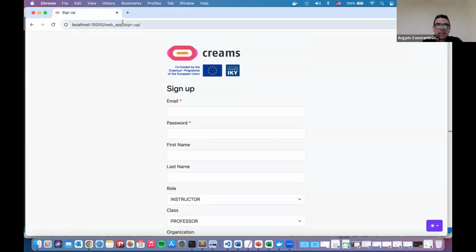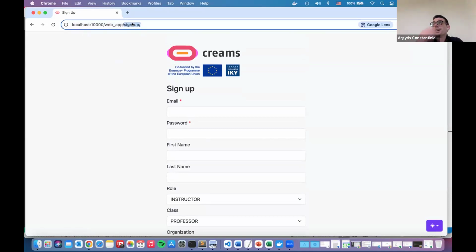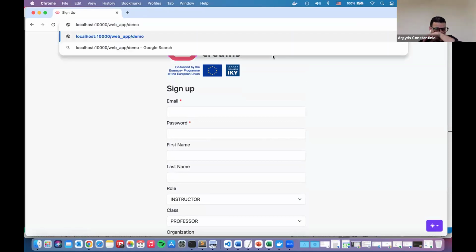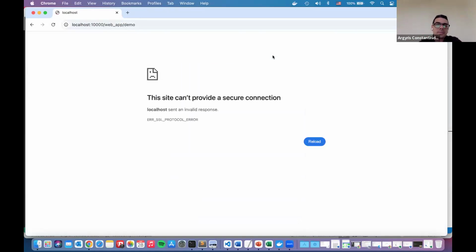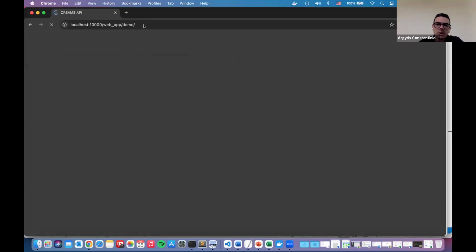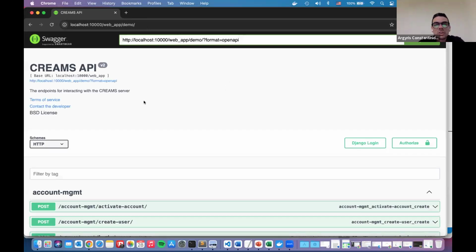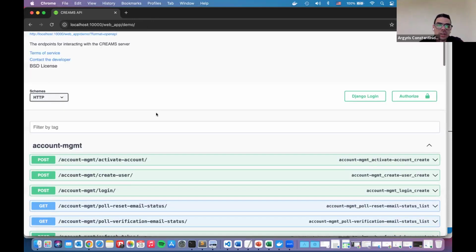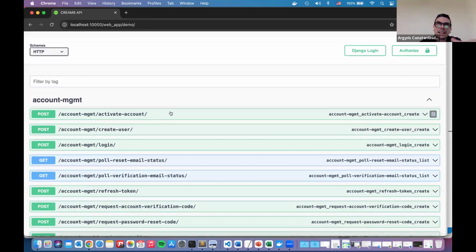That's the one thing. And the other one was about the REST framework. As I said, we can expose a specific URL because it takes HTTPS and redirects it. I will open it in incognito. So that's the Swagger API, the OpenAPI specification, that again gives us this interactive dashboard from which we can interact with the APIs.